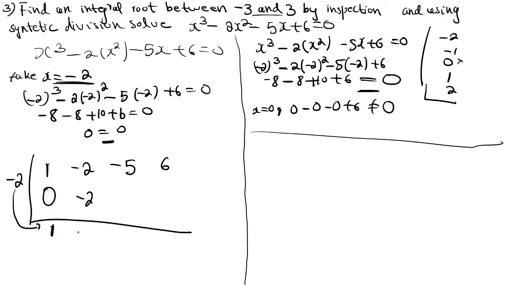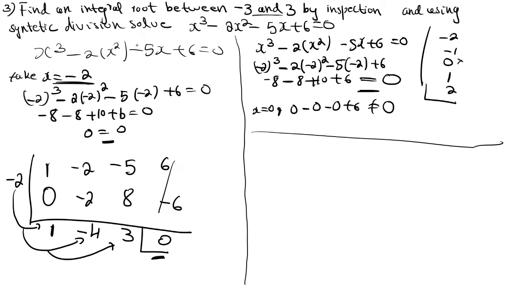Minus 2 minus 2, what's the value? Minus 4. Then multiply here. Minus 2 into minus 4 is plus 8. So write here. Okay. Then see, minus 5 plus 8, it's equal to 3. Then minus 2 into 3, its value is equal to minus 6. If you simplify this one, this gets cancelled, remainder equal to 0.